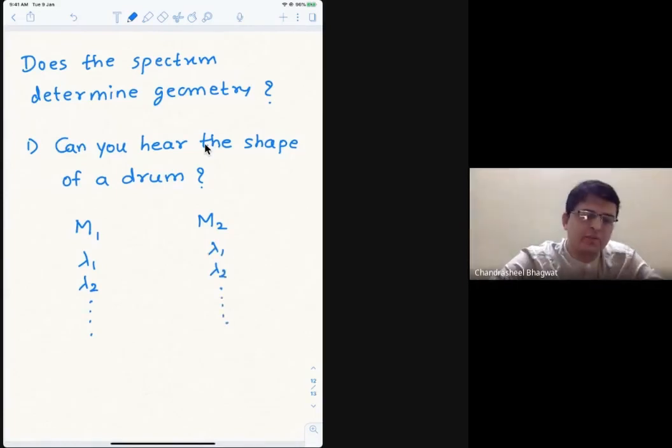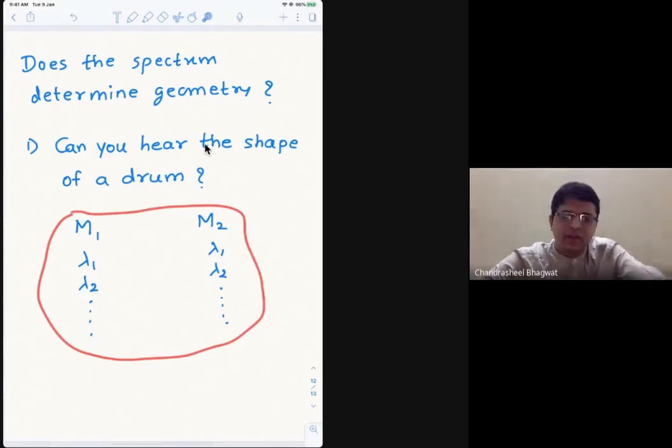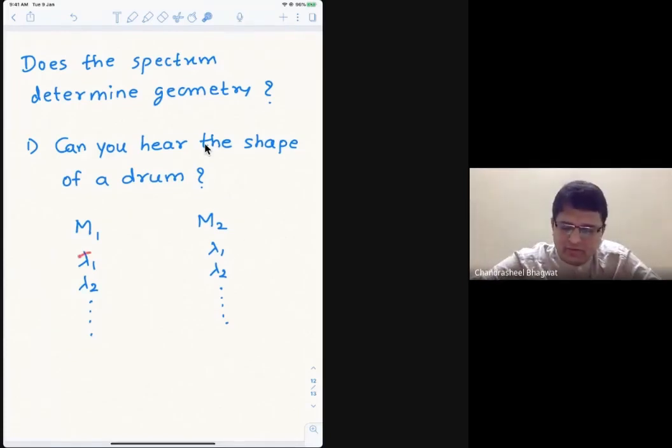The spectrum is always the Laplacian spectrum, which I haven't defined, but it's a nice differential operator. You have this sequence of eigenvalues of the solutions to the Laplace problem, and here also you get the same sequence. The question is...